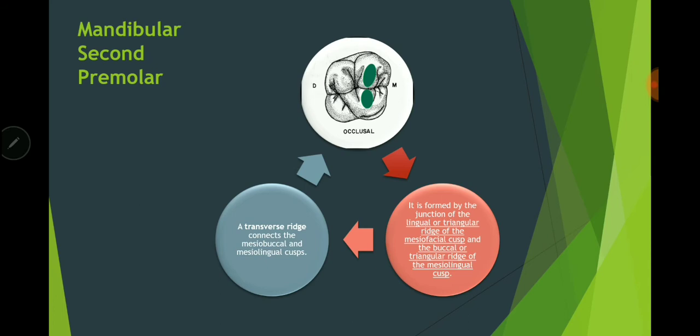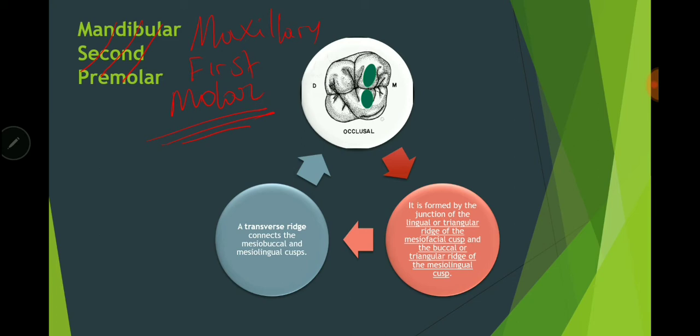Actually, this is not supposed to be mandibular second premolar, but it's supposed to be... So scratch this one. And the title here is supposed to be the maxillary first molar. Okay. All right. So this, as you can see from the picture, of course, is a maxillary